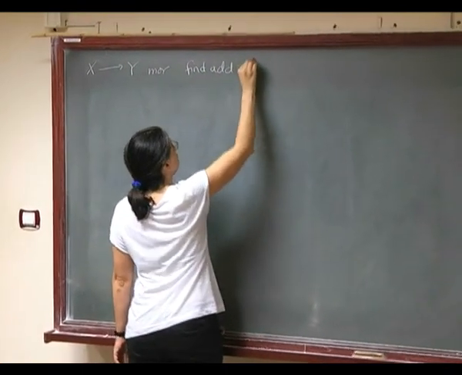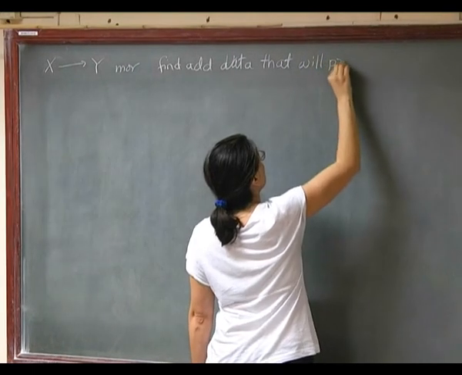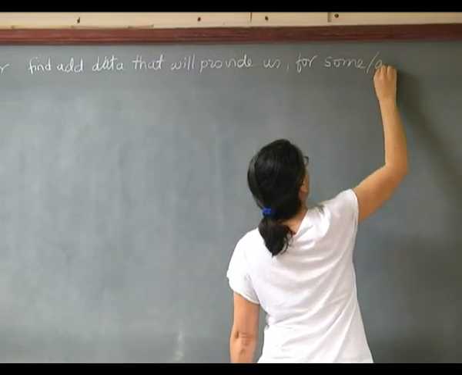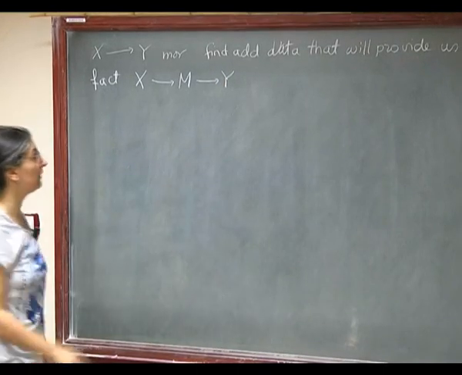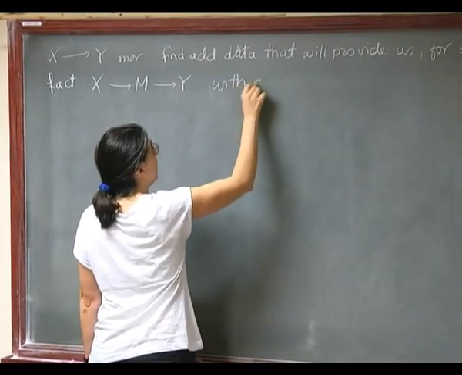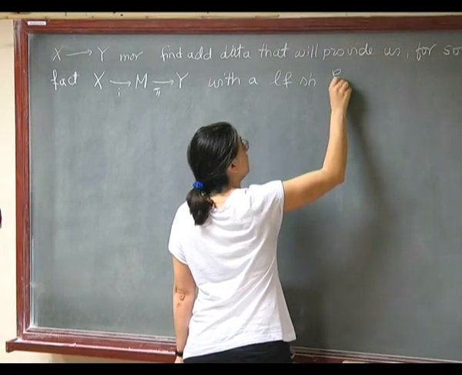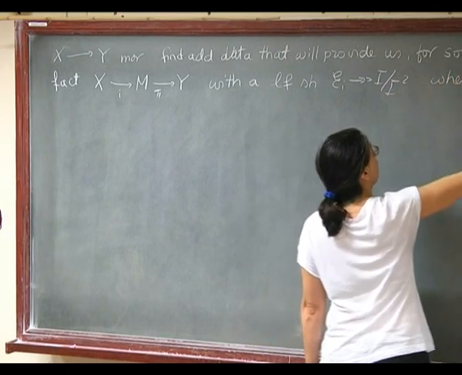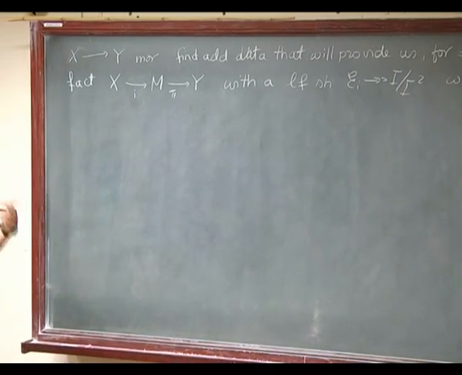additional data that will provide us, for some or any factorization X in M in Y, with a locally free sheaf I, surjecting onto I mod I squared, where I is the ideal sheaf of X in M, and in such a way which is compatible with